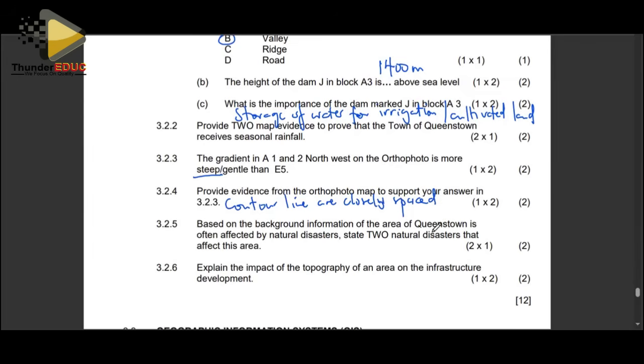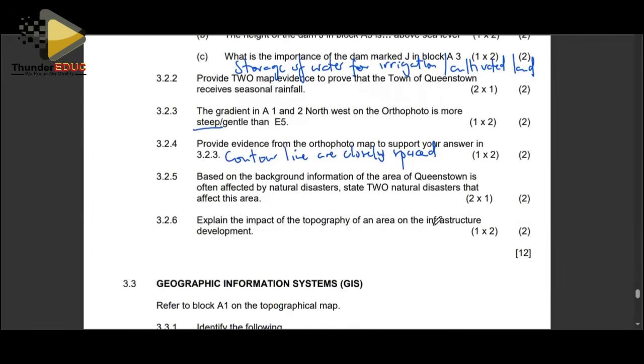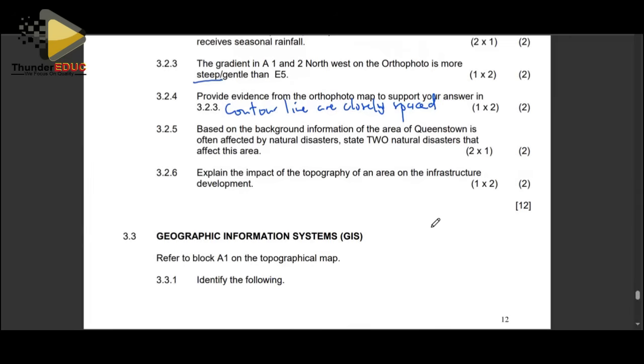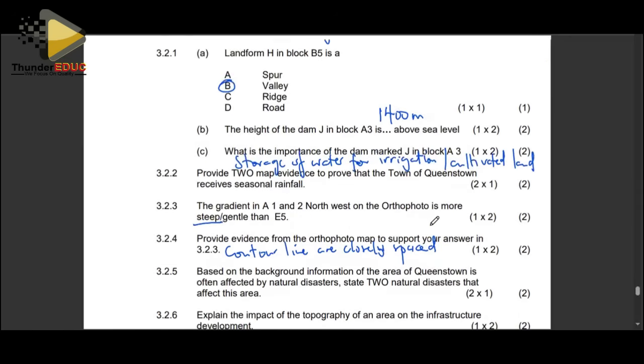Based on the background information and the area of Queenstown, is often affected by natural disasters. State 2 natural disasters that affect this area. That is basically background information. You refer here to the background information and you find out the nature of the natural disasters that we find. In 2002, there was heavy snowfall that caused a severe disaster. Affected also by strong winds